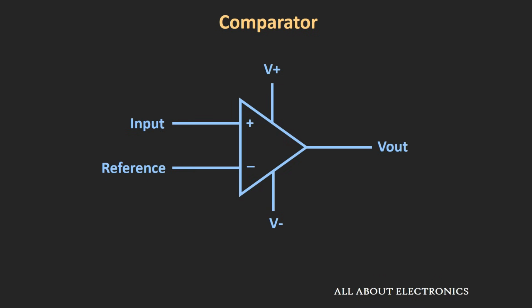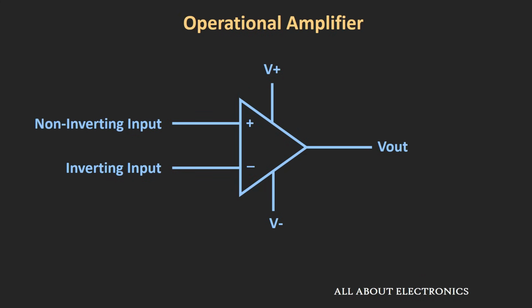Now if you see the schematic of this comparator, it looks very similar to the schematic of the op-amp, because in the case of the op-amp also we have two inputs and one output, as well as two biasing voltages. And in fact we have seen that the op-amp can be used as a comparator whenever it is used in open loop condition. In the previous videos on op-amps we have seen that whenever we use the op-amp in open loop condition, the output voltage will be equal to the open loop gain of the op-amp multiplied by the differential input voltage, where the differential input means the difference between the non-inverting and the inverting inputs.